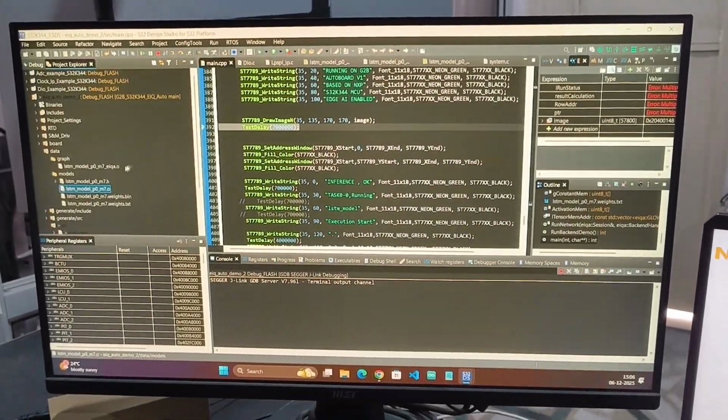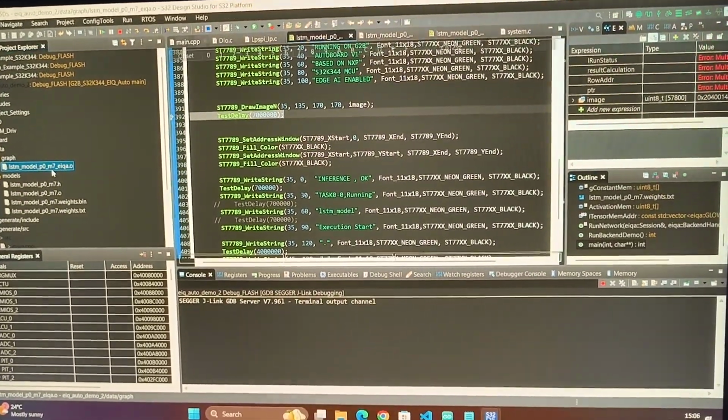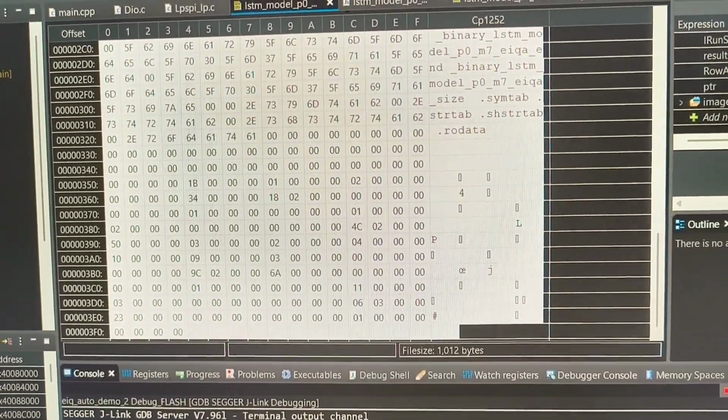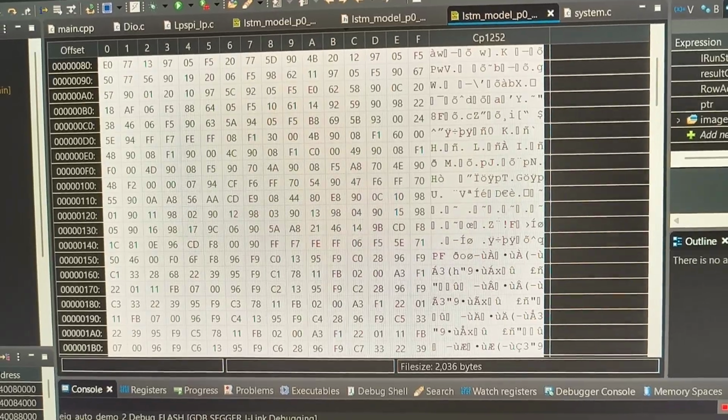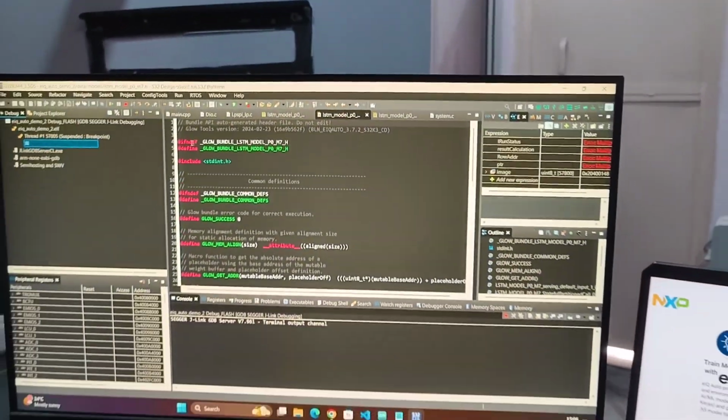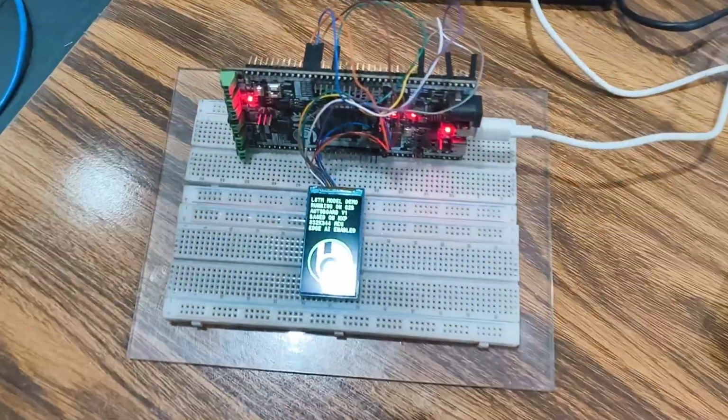First I'll just show you the files that are being generated by the Ubuntu. These are the object files that are generated, and along with this, model files and its header files. So let's just start our code, and if I just click on play,